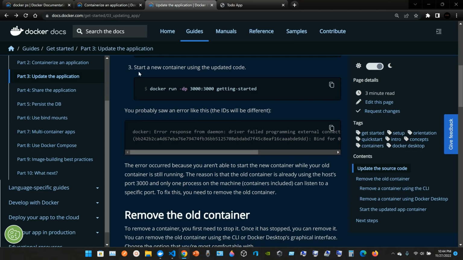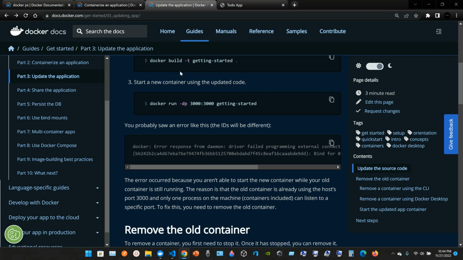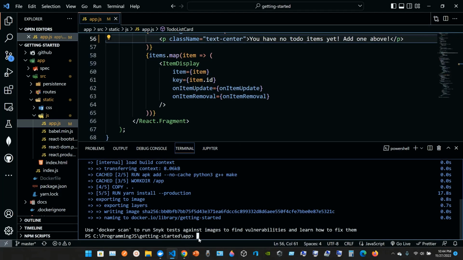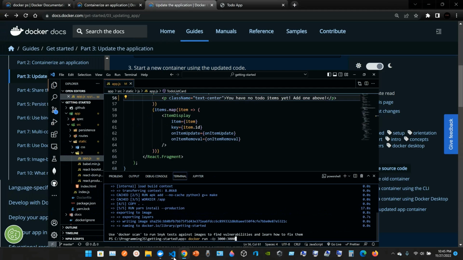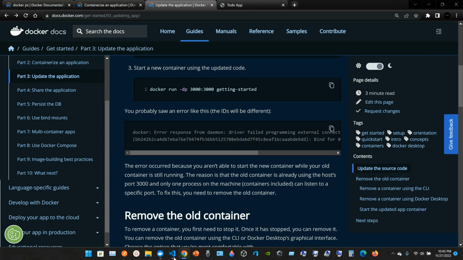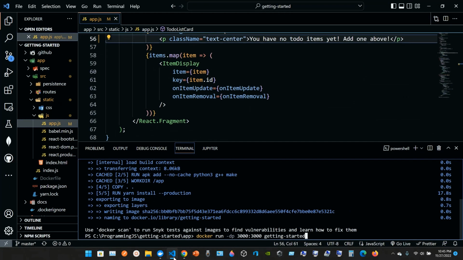Okay, now number 3, start a new container using the updated code. So we're gonna start the container again. We are in the app folder, and we type docker run -dp 3000:3000 getting-started. So docker run -dp 3000:3000 getting-started, without the dot at the end. So we press enter,